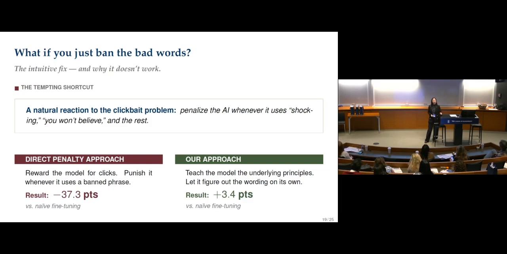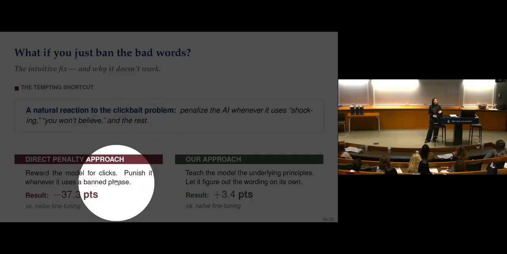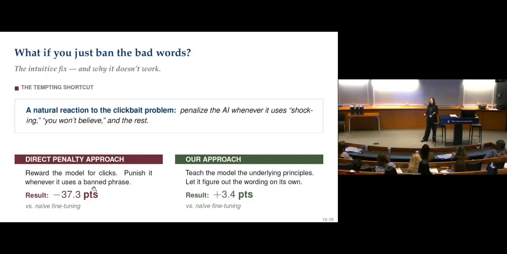And it turns out we find that if we penalize using clickbait, the click-through rate will drop by 37.3%. Okay? This is because you're just telling the LLM, don't do this, without telling it there's actually an alternative. You're blocking some way without telling it there's some other way to do it. Okay? So the performance will drop.